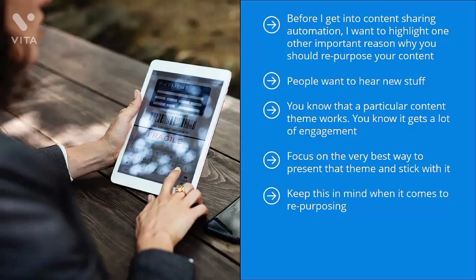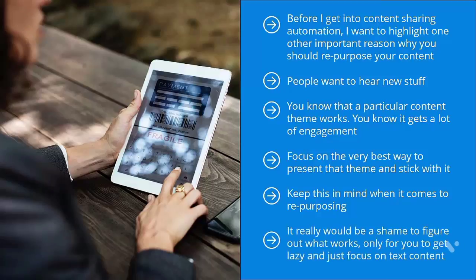Don't think that video is completely optional. It isn't. You want your social media feeds to consist of highly successful content as much as possible. It really would be a shame to figure out what works, only for you to get lazy and just focus on text content. I'm sorry to say it, but text content can only take you so far,